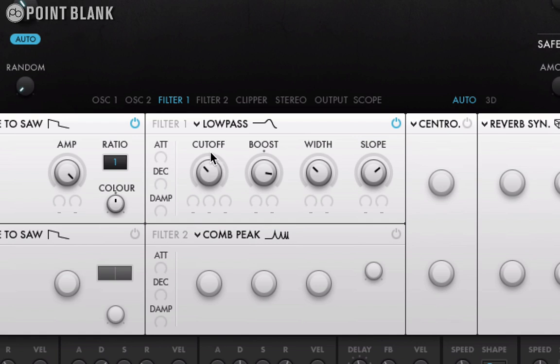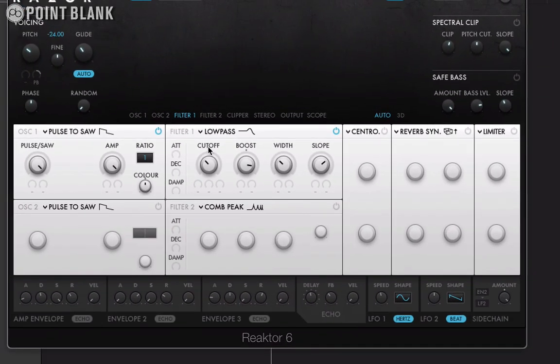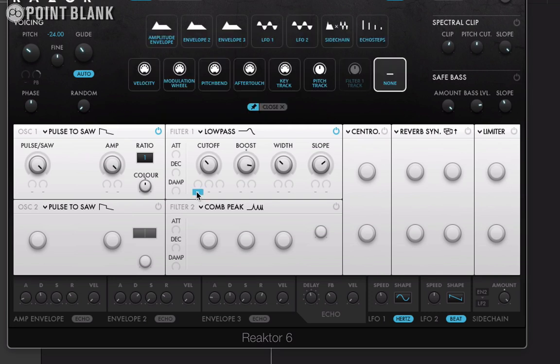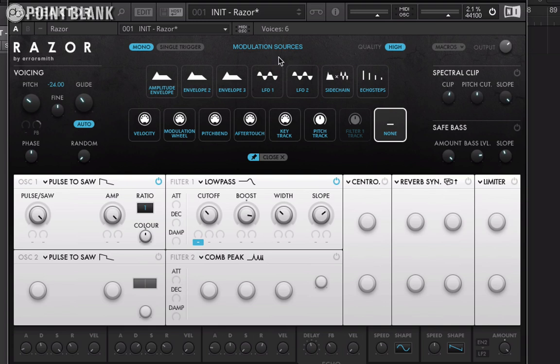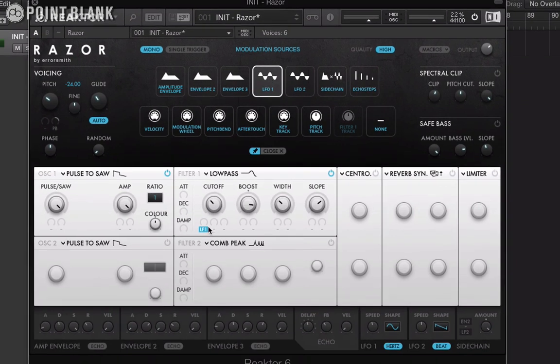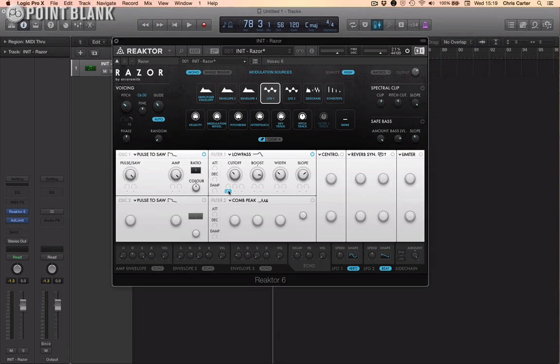So we want to assign an LFO, for instance, to the filter cutoff. I'm going to do that just by clicking in this tab, and when I do that you can see the available modulation sources appear here. So we're just going to select LFO1, and the display updates here to say LF1 to tell us that that has been assigned. Although if I trigger a key,